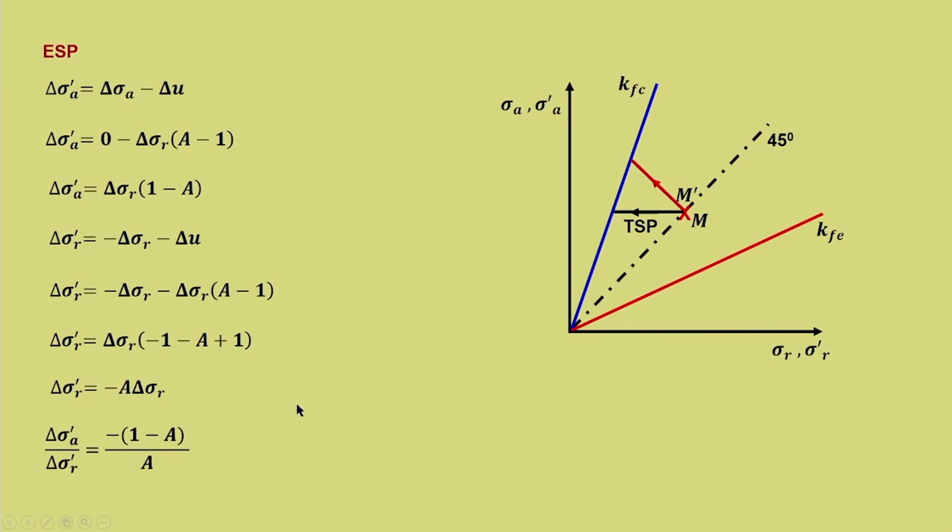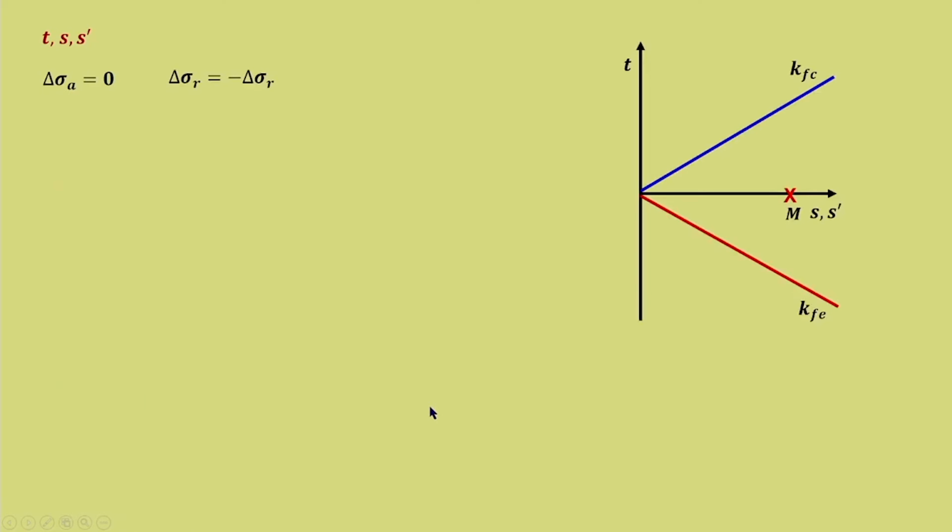So, that is a typical example wherein there is a slope, and if A is varying, then it will be non-linear. So, M' N' is the effective stress path. For both cases of compression, the slope of the effective stress path, this expression remains the same. Same thing we need to repeat with T S'. So, it is clear now,